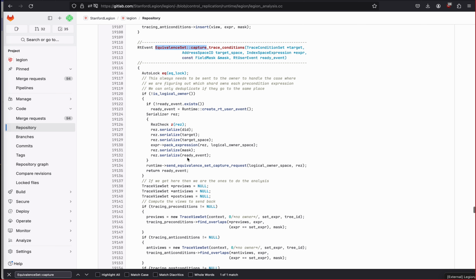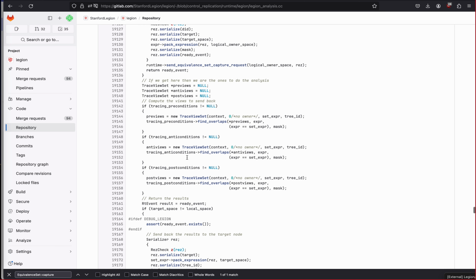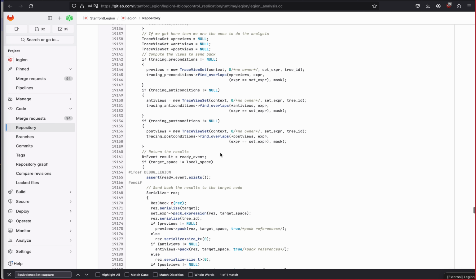But in the case where we're actually on that node where we want to be, we can effectively just grab trace view sets for each of these tracing preconditions. And you see we actually extract the overlapping parts, because an equivalent set might span multiple logical regions, and so we only want to pull out the part that's actually relevant to us. So we find the overlapping parts, and then merge them over into these